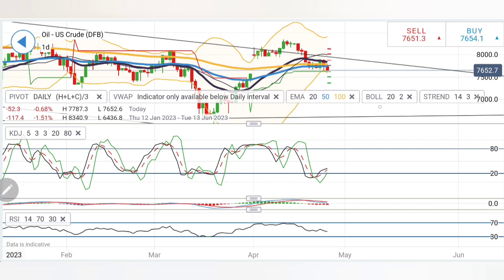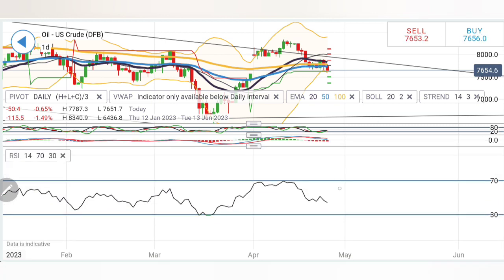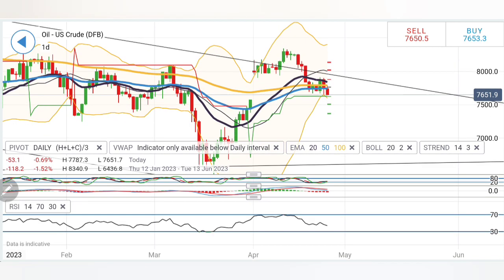Stochastic has come out of the oversold zone, trading comfortably, but yes, look at MACD. This is trading with divergence. This is trading bearish. We may see it dropping a little lower on the downside. You can see RSI is also trying to look down, and hence stay short below 76.5, and you can expect